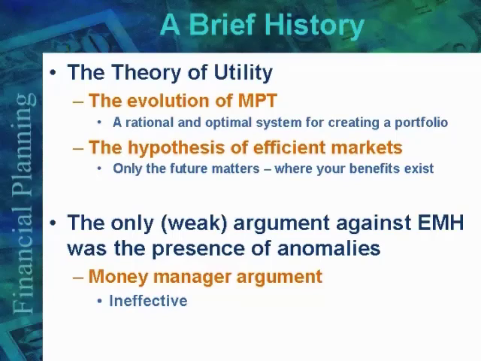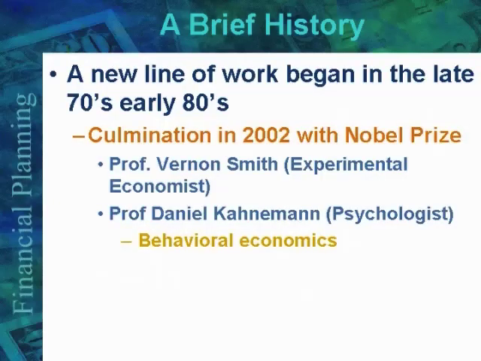essentially the academics would say, well, that's the reason why we call them anomalies. Duh. It's like, anomalies don't explain or refute anything. They basically tell you that these things exist without any understanding of why they persist. But they don't refute that markets are efficient or that modern portfolio theory doesn't work. So this argument would not work well in the past.